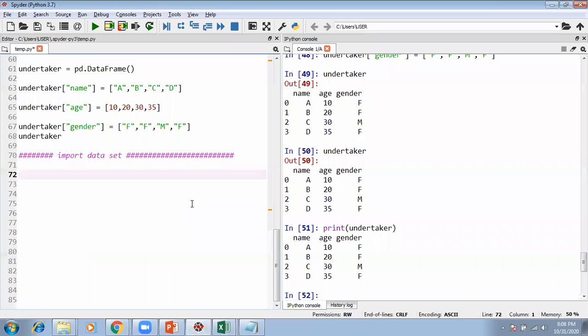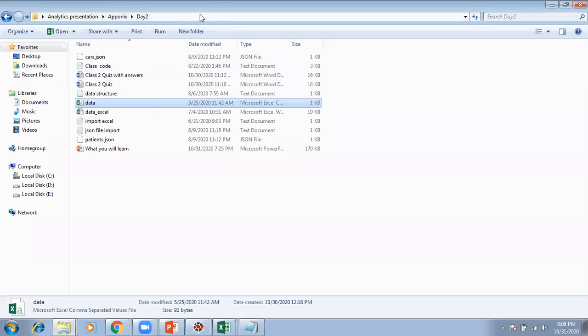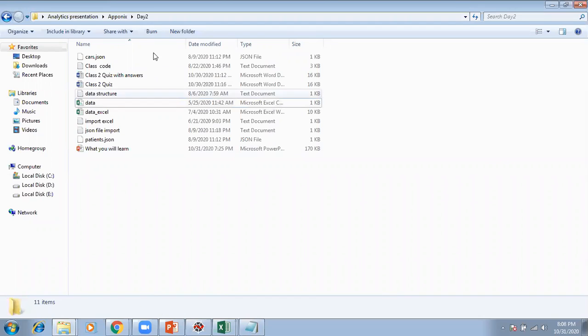First of all, I need to mention the path. I can mention the path of this folder every time I import or export a data set, but it's better to mention this path only once. So from the next time onwards, Python will understand that I am only referring to this particular folder. I do not have to change it every time.